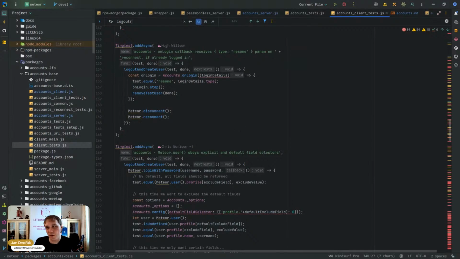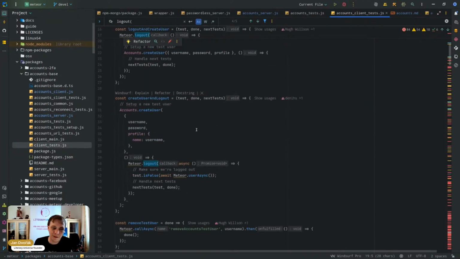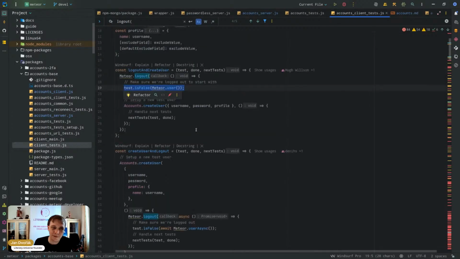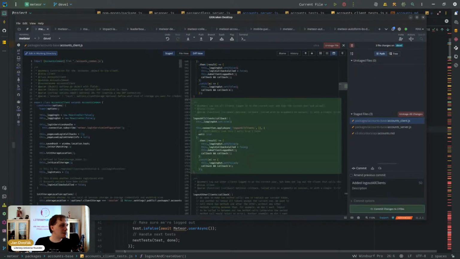Oh, we actually kind of do in the beginning here, log out and create user. That actually tests that you're not logged in. So that one is in many others. But I think for right now, I can push this and create a